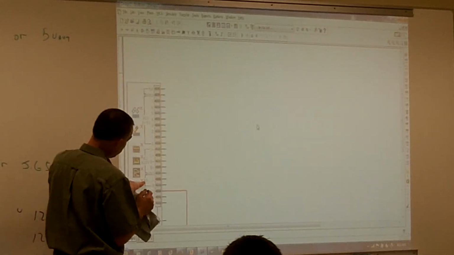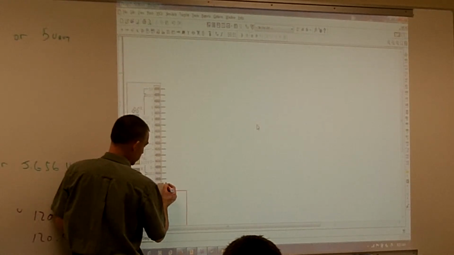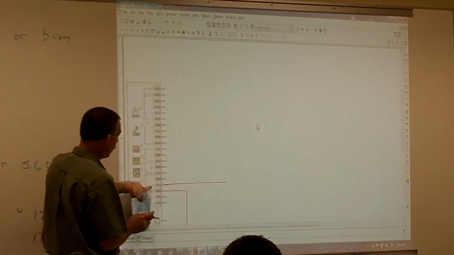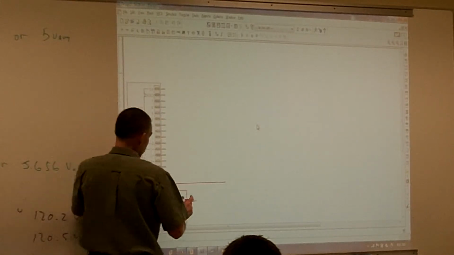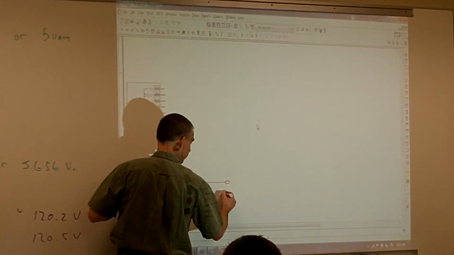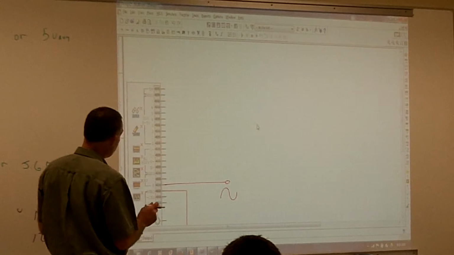So our function generator is coming off of our analog output, channel 0. And when I set up that function generator, there's going to be a signal coming here. We'll just put in a sine wave to begin with. And then to measure that